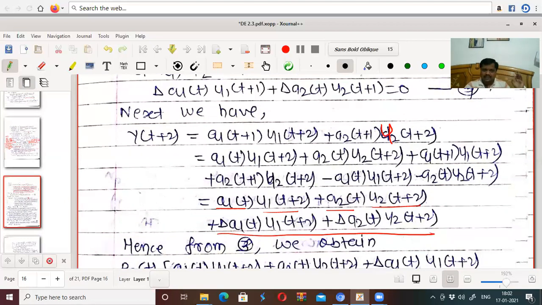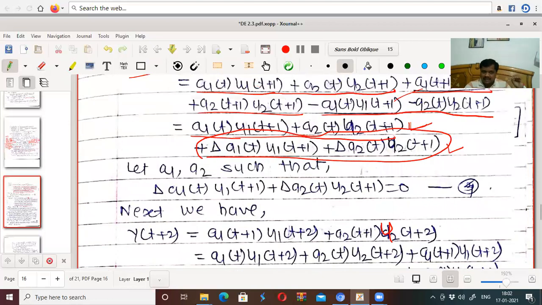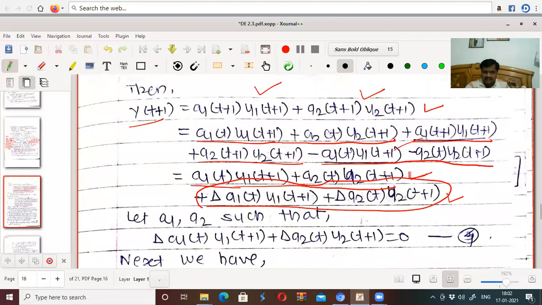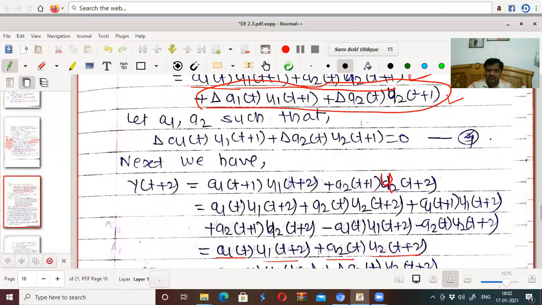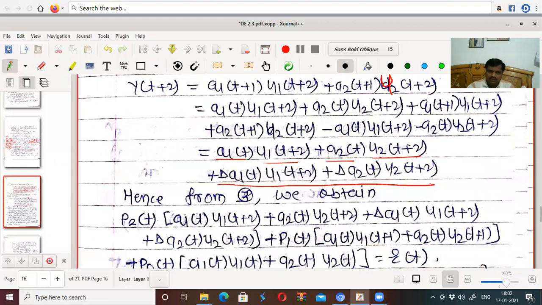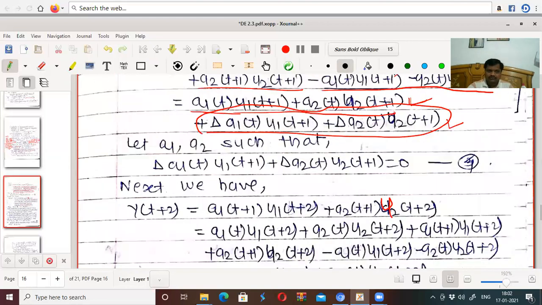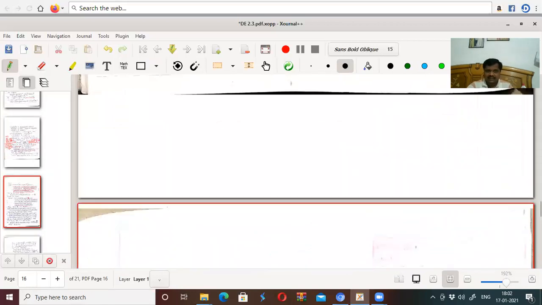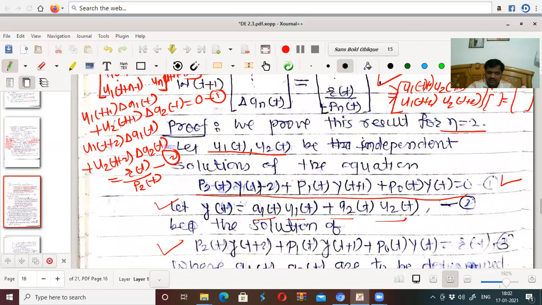So if a1 and a2 are such that delta a1t u1t plus 1 plus delta a2t u2t plus 1 equal to 0, then yt plus 2 is this one. Okay, yt plus 2 is like this. So now put the values of yt plus 2, yt plus 1 and yt in equation 3